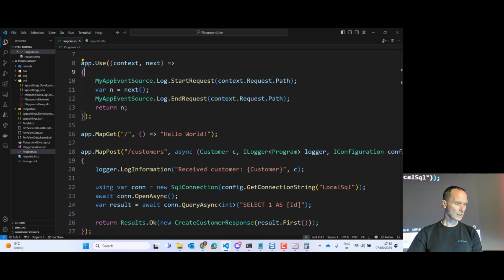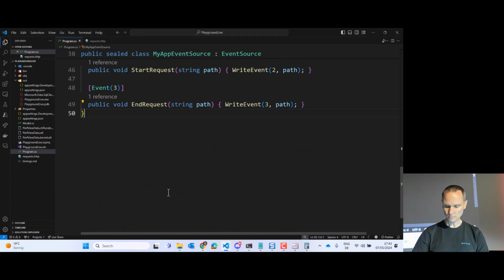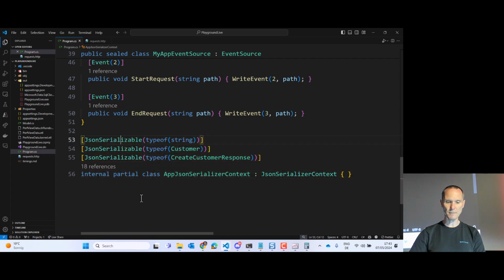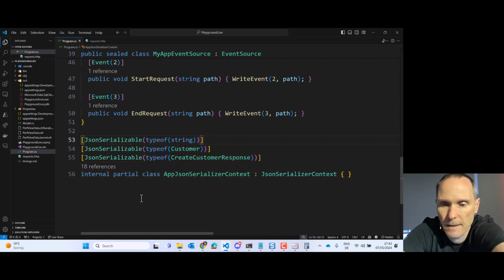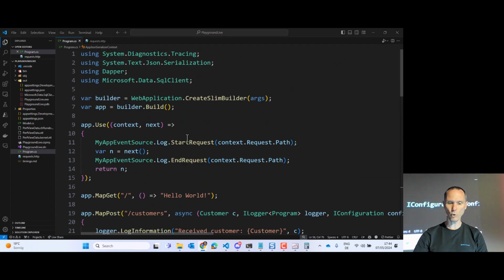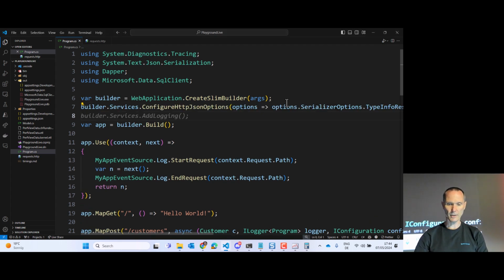I am going to copy a little bit of code into our tiny little application. As you can see here, you are going to see the JsonSerializable attribute with the JsonSerializerContext. You will see in a second what this attribute does if you don't know it so far. The second thing that I need to do is make sure that ASP.NET Core knows about this